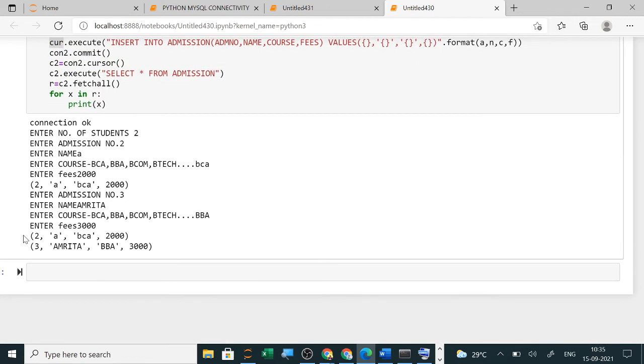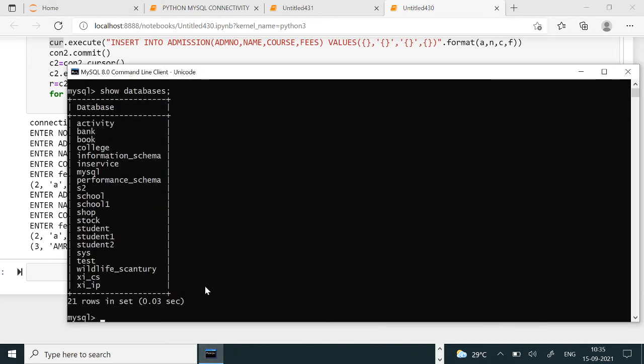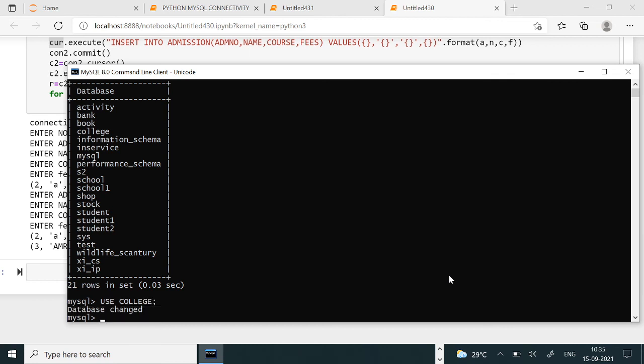Now you can see, now here also you have seen, as well as you can go to MySQL. In MySQL you can change the database to, what was the database name? College. And then you can use select star from, already the table is created, the values are inserted.